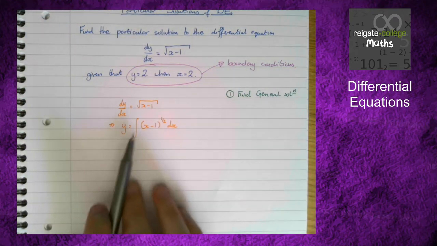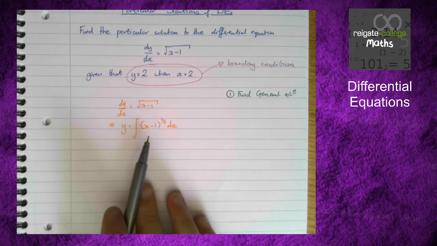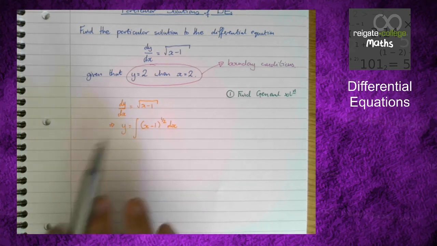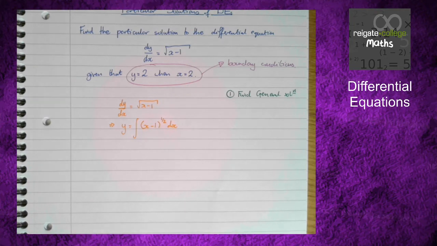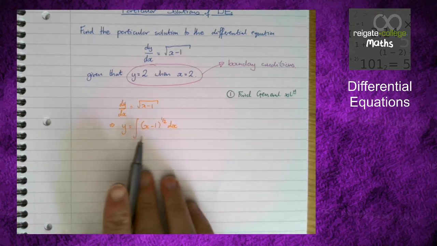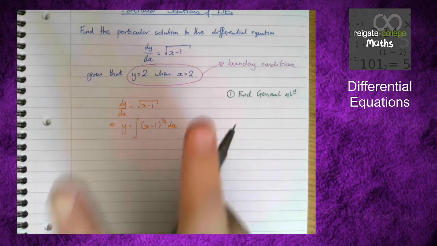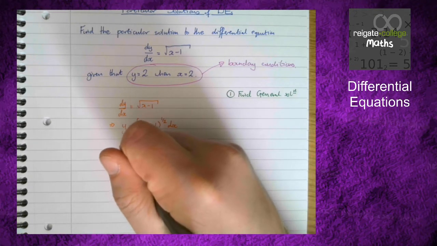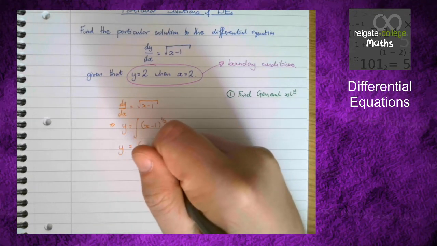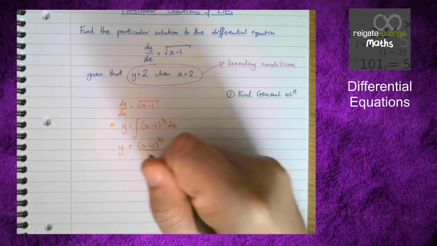And you can see, unlike in the previous video when we went through this a little slower, you don't need to write the integral of 1 dy equals. You can just write y. In this question we now use the reverse chain rule because we can see the derivative of the bracket is 1, which is what's on the outside of the bracket. So we can just integrate using our rules. So this tells us that y is x minus 1, increase the power by 1, and then divide by the new power,